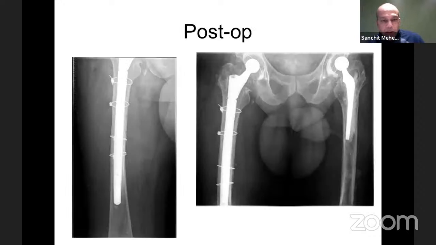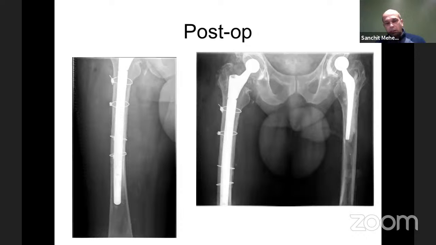So post-operatively, this is what we did. We opted for a long uncemented stem. When you change your modality of fixation from cemented to uncemented, you have to be fairly meticulous about taking all the cement out, and then that will afford you a good level of fixation. Then restore the tube with cables.